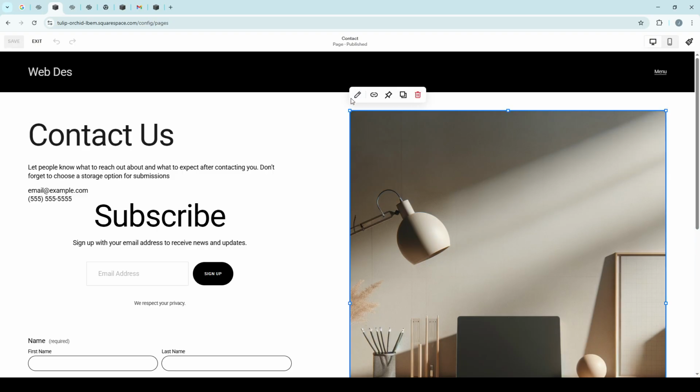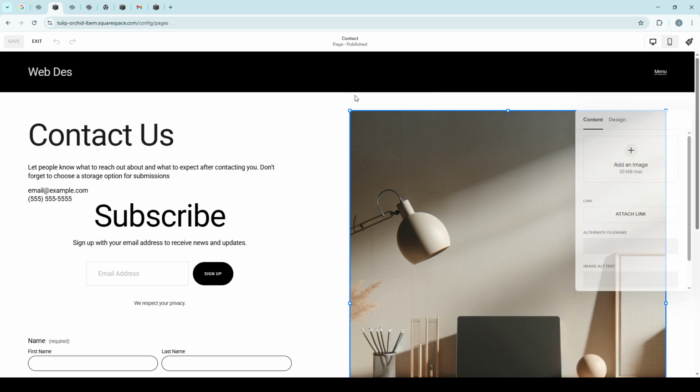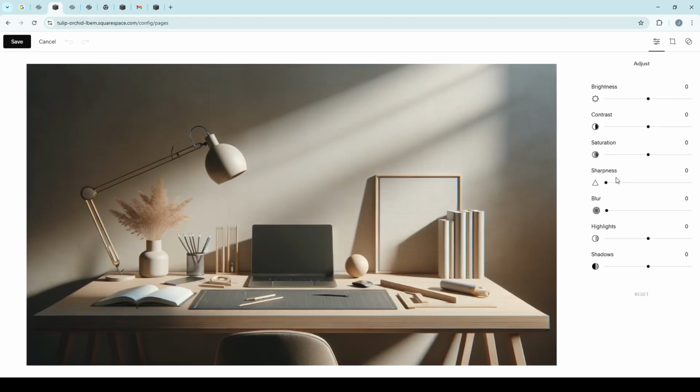Once in the edit mode, find the crop icon. Now, herein lies the treasure chest of options for your image. You will see choices that allow you to rotate the image 90 degrees to the left or to the right. This feature gives you the flexibility to ensure that your image is perfectly oriented, whether it's a simple 90-degree turn